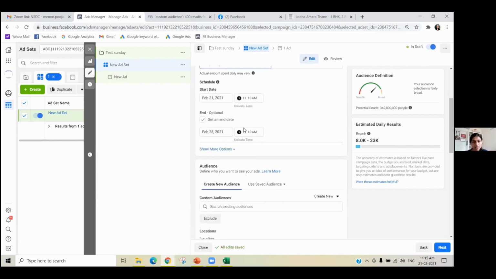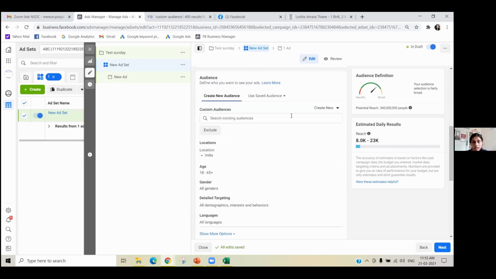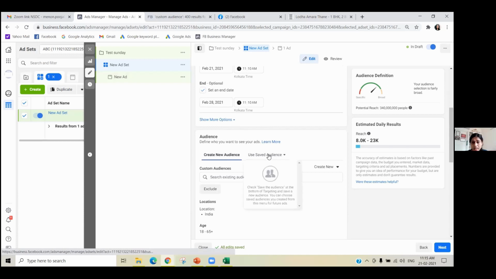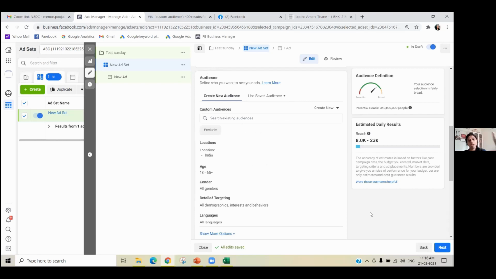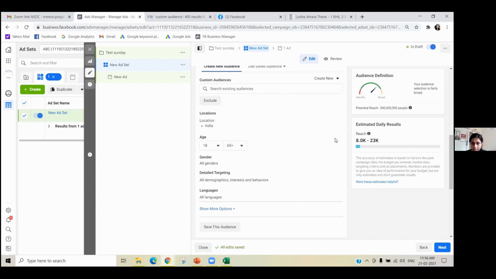So try keeping a daily budget, right? You can set the campaign days here. Now here is what I was saying. If you have a custom audience, this is the custom audience. For example, Lodha will have 20 properties with different people who bought in them. What Lodha will do is create new and upload those different audiences, and they will name them Lodha Pare, Lodha Mulon, whatever. They'll have those different custom audiences, and if they want to target, this is the place where they select. Here, like I was saying, there's age, so imagine you choose 24 to